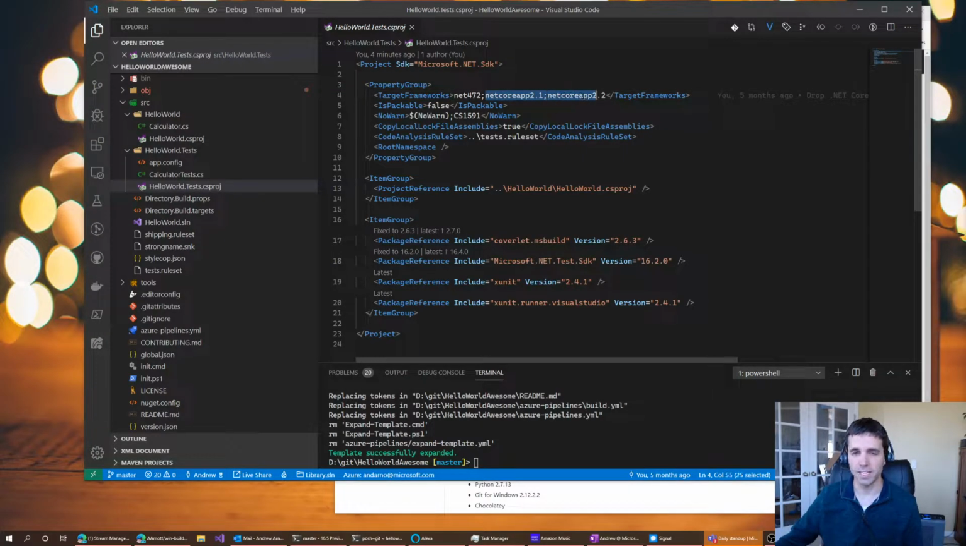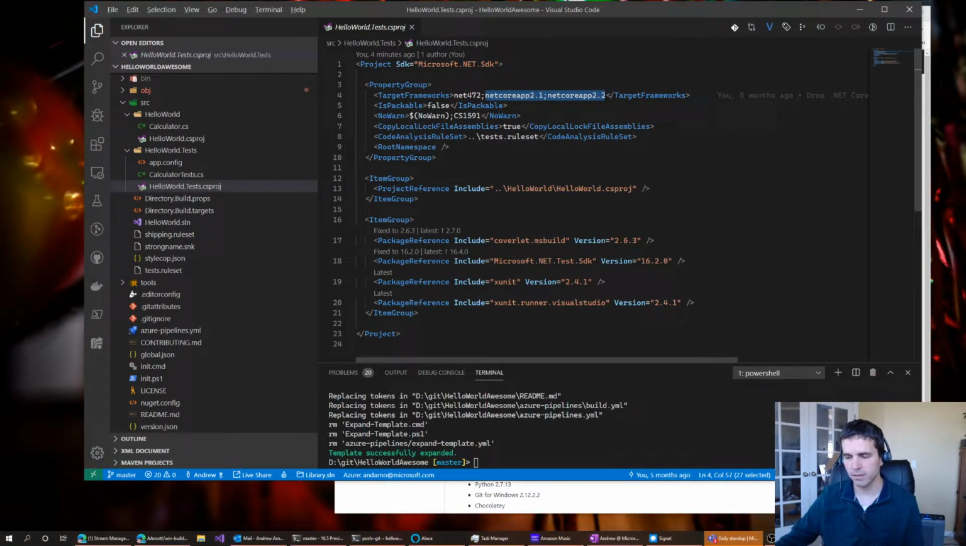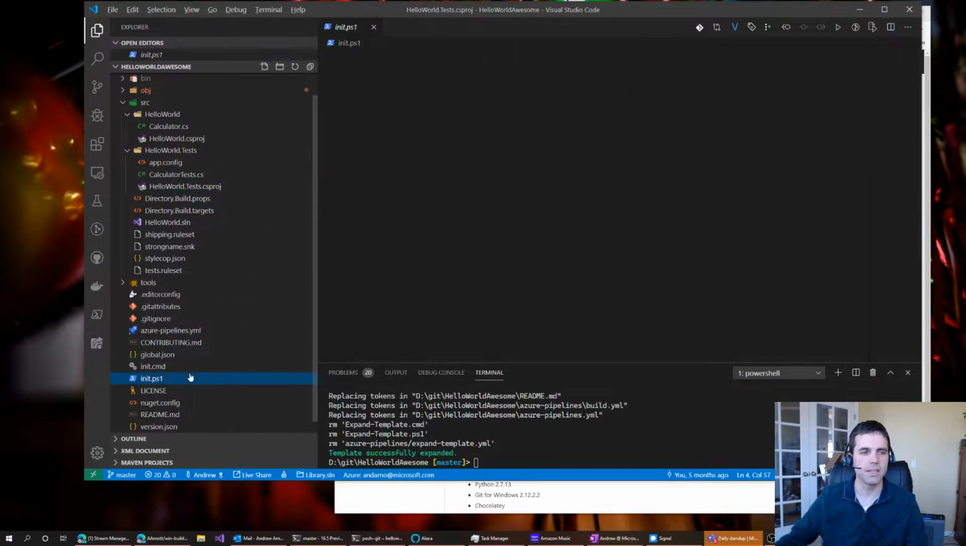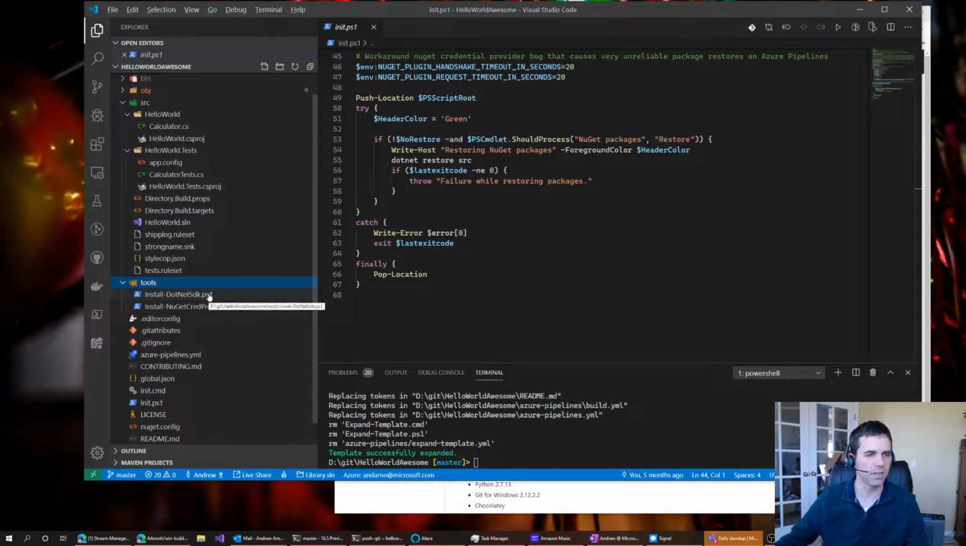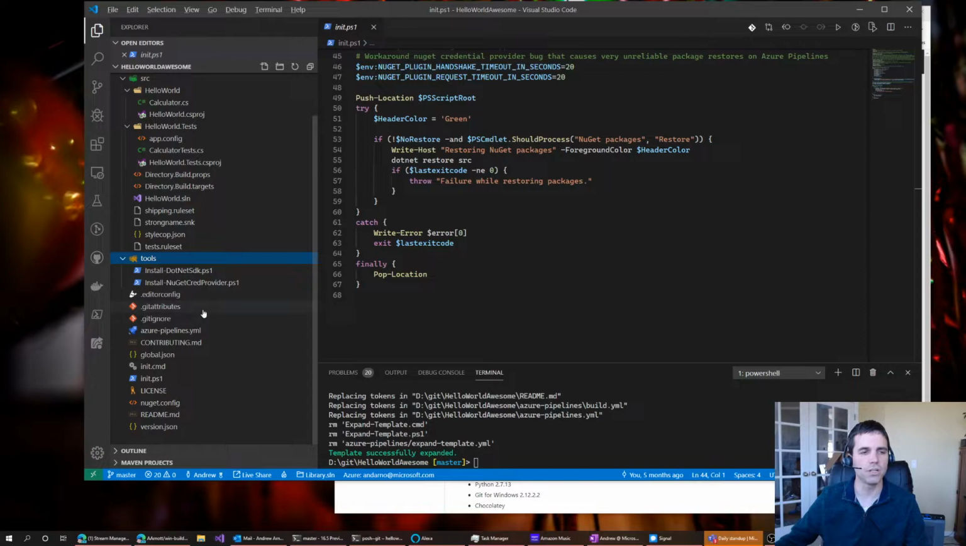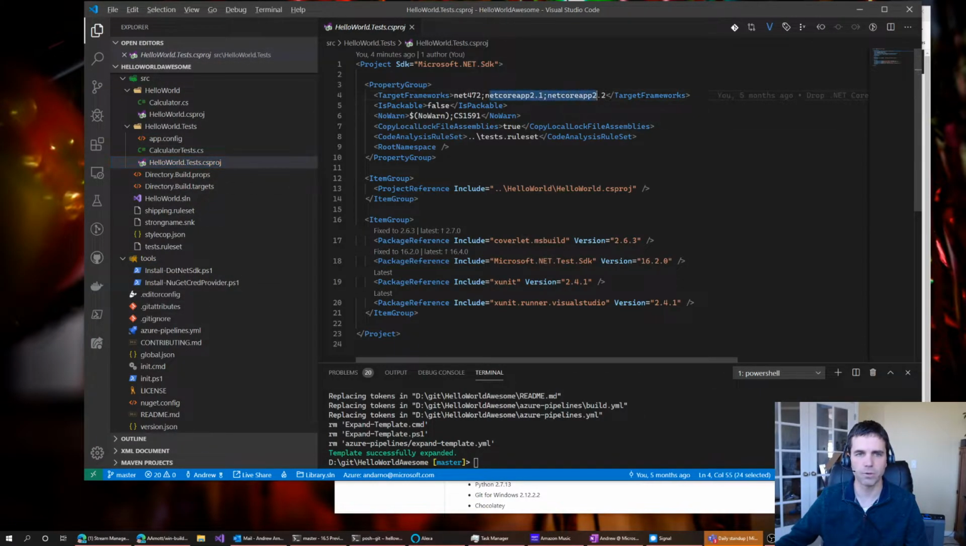And I therefore need, both locally on my box and in the Azure Pipeline agent, the runtimes for .NET Core 2.1 and 2.2 installed, okay? This init script invokes another script called install .NET SDK. This not only looks at your global JSON file, but it looks through all of your projects to figure out what runtimes you need and installs them all. So I can just run init.ps1